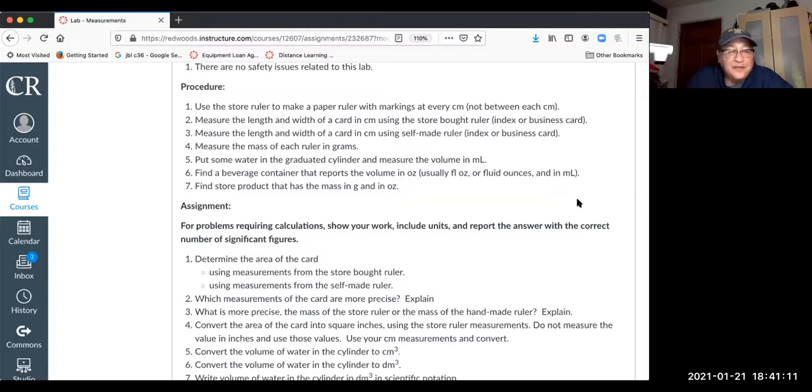record that. And 7 says find a store product that has the mass in grams and ounces. For a store product that has the mass in grams and ounces, it's usually a solid, like a candy bar or flour or something like that. To have grams and ounces, though, you usually want a smaller object like a candy bar or a kind bar or a power bar or a